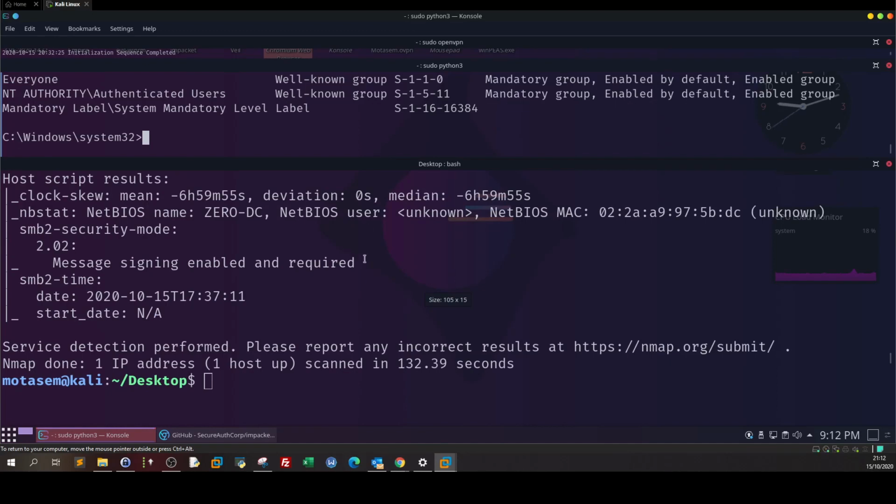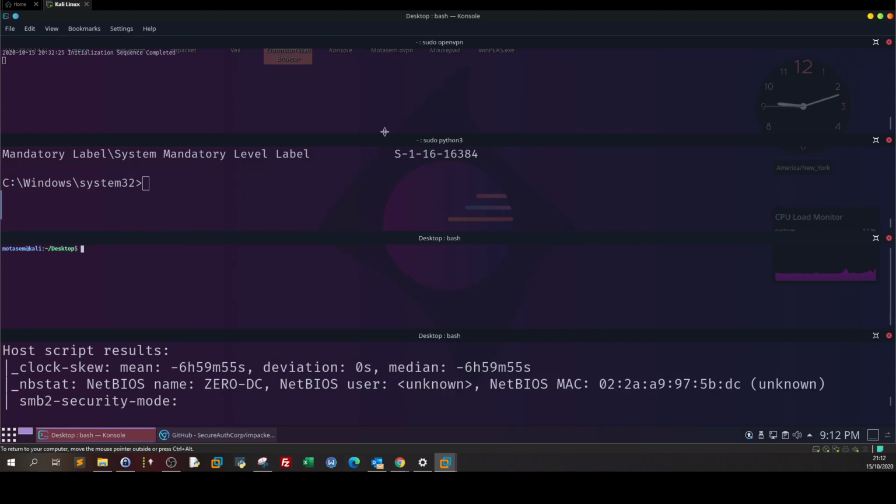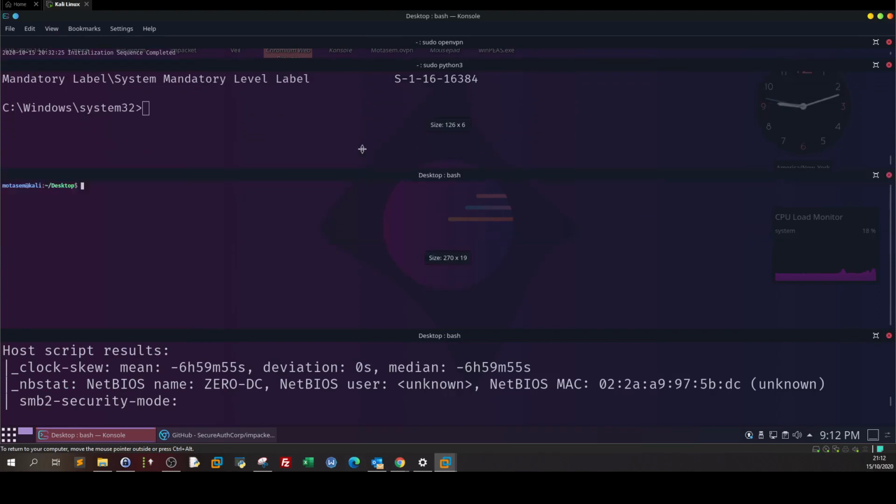Let's leave the session here as it is. We don't want to lose it. And we're gonna do split. Make this up. Take this here. Okay. So here, sudo python 3, or let's go to